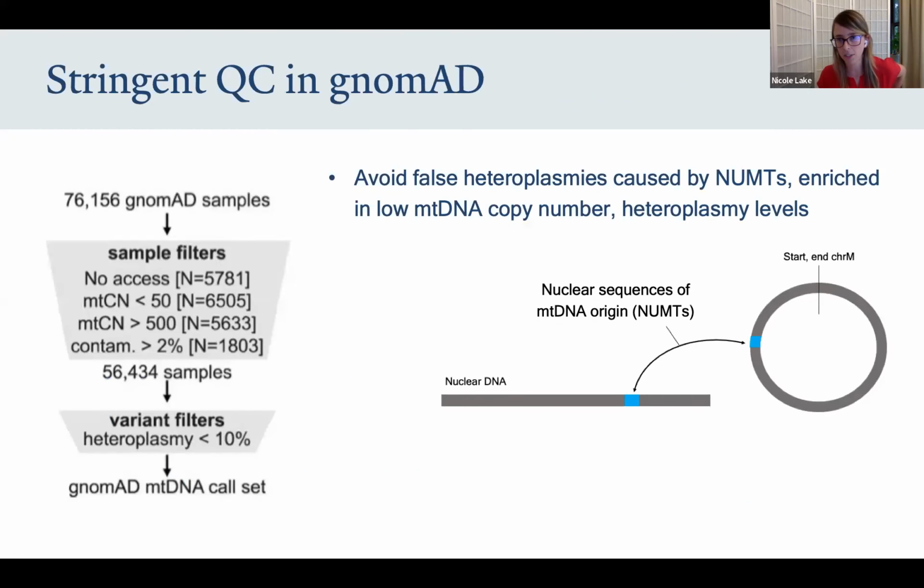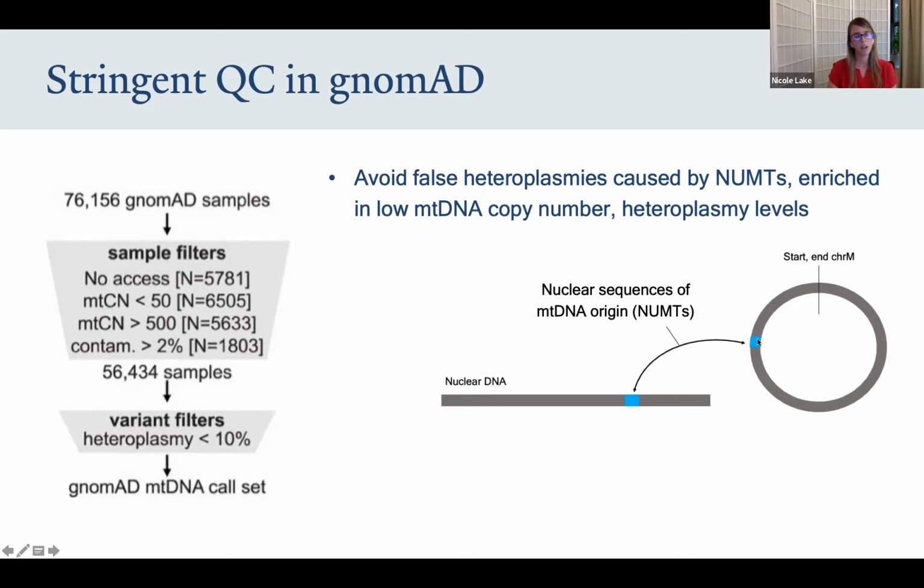So we really undertook quite stringent quality control as part of the development of this database, given that it was going to be, or we knew it would be used as a reference set of population allele frequencies. And this included sample level filters as well as variant level filters. And something we were really cognizant of trying to avoid was those false heteroplasmy calls that can occur due to NUMTs. So again, to refresh, that's when sequencing reads that are actually from the nucleus falsely map to the